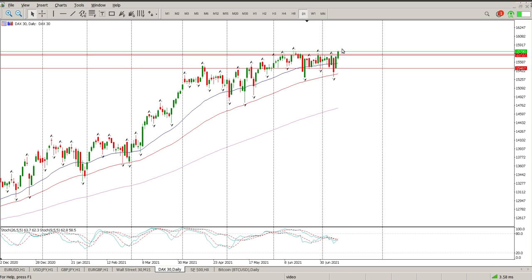So we've got a green bar with a green bar follow through, breaking a previous high or previous two highs at the moment. But the problem is, if you look over pretty much this month, we've been making new highs all along. But look at the oscillators, they've been making new lows. So there is divergence here.